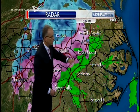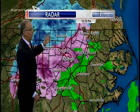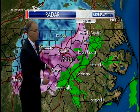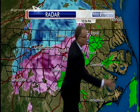The numbers are in the low 30s for Rocky Mount, Fayetteville, Erwin, 34 right now at Louisburg. Farther north and west, still some sleet going on. And there are signs that toward daybreak we may see a break in the action as low pressure makes its way up the east coast, and by